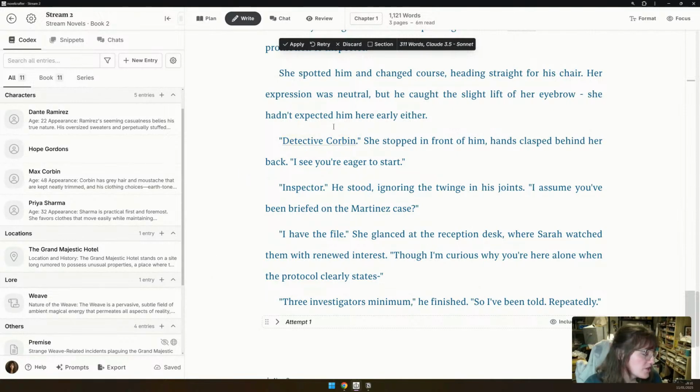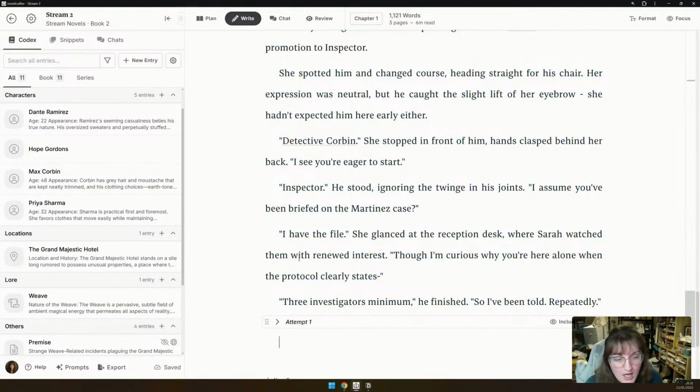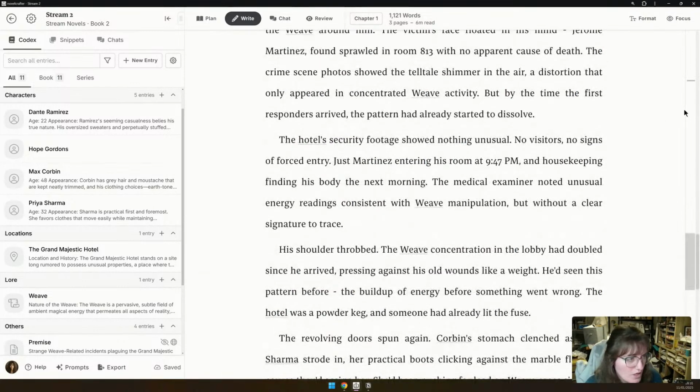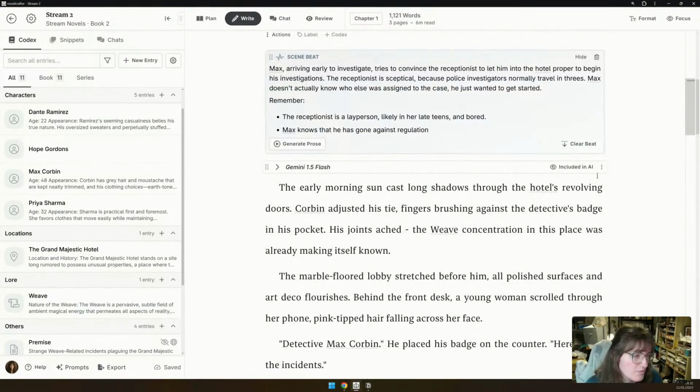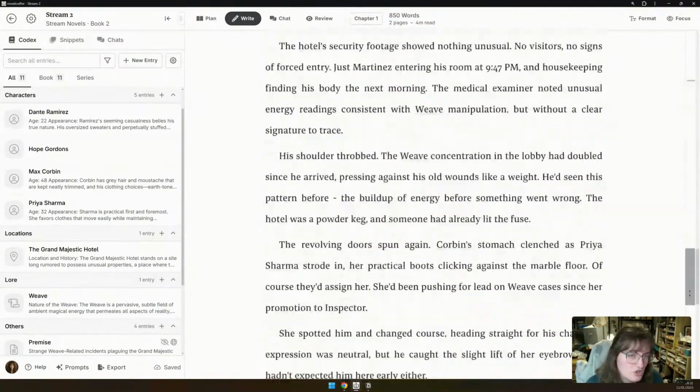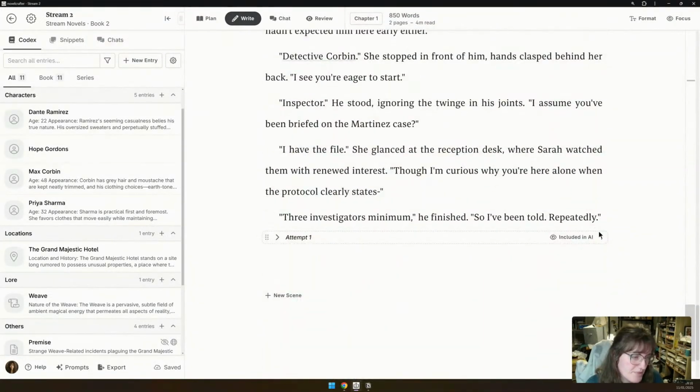So I like that. I would definitely kit bash the two together in this instance. I should probably turn these off from being included in the AI and the word count, so that we're not confusing the AI, because that can happen if you have two versions of the same prose.